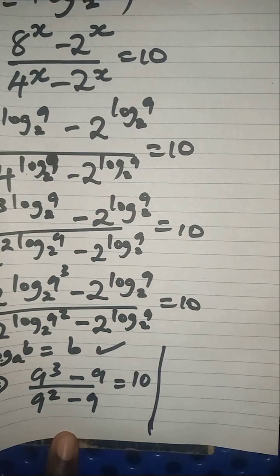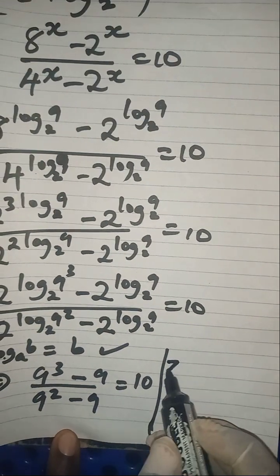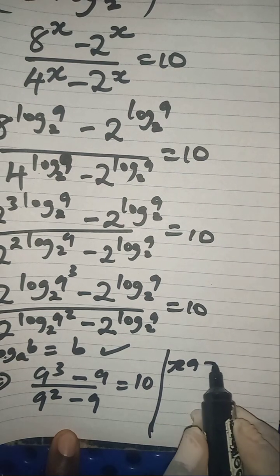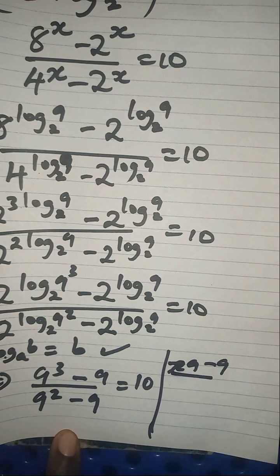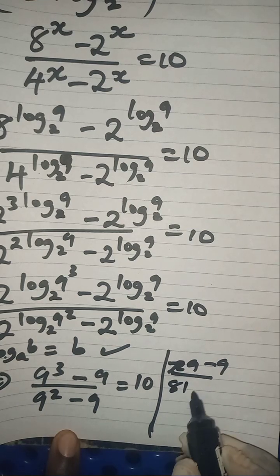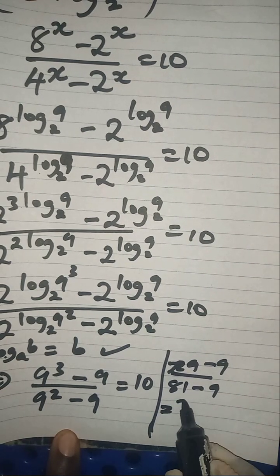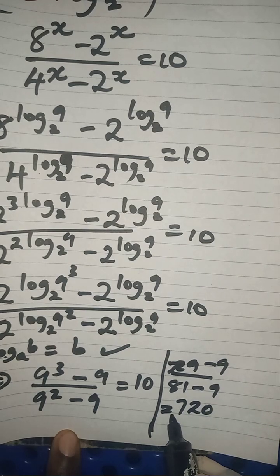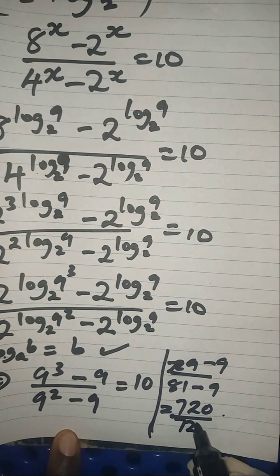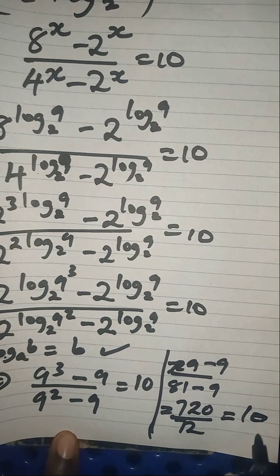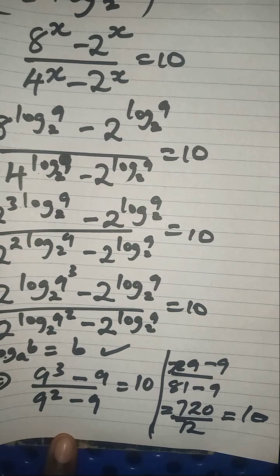So that is 9 cubic is 729 minus 9 over 9 squared is 81 minus 9. Above, I'm going to get 720 divided by 72. Of course, when you cancel 720 divided by 72, you're getting 10 as your answer